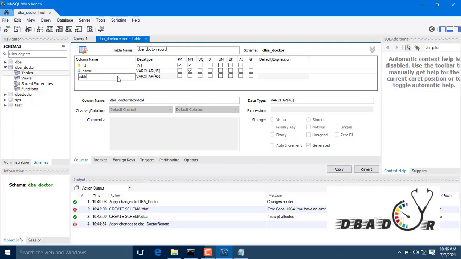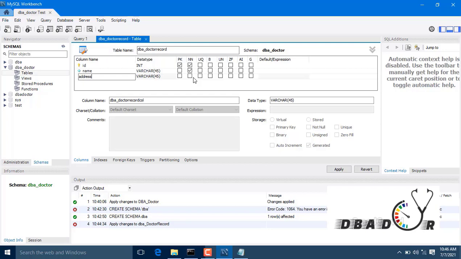And this is address. Again it's a character, so I'm keeping it as it is. As it's an address, if the user is not giving an address, I'm okay with that, so I'm keeping it as not mandatory.